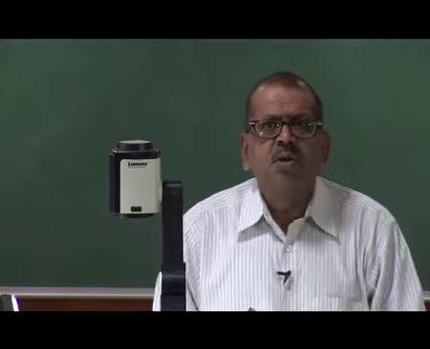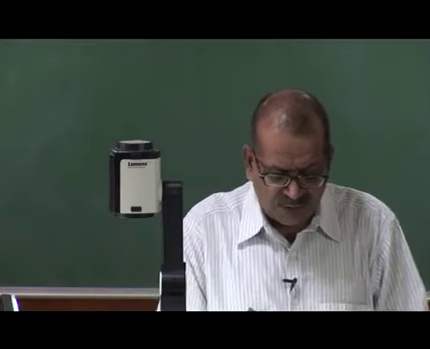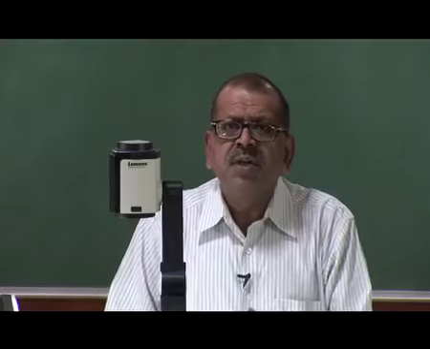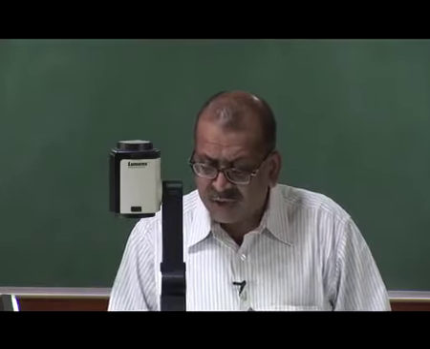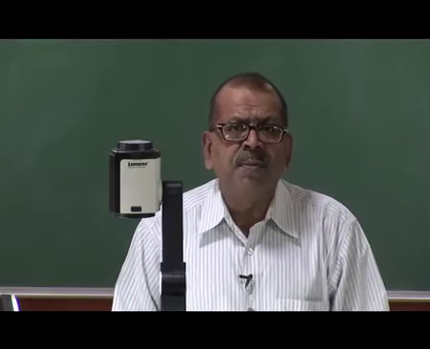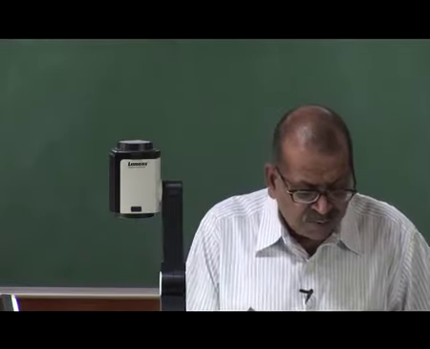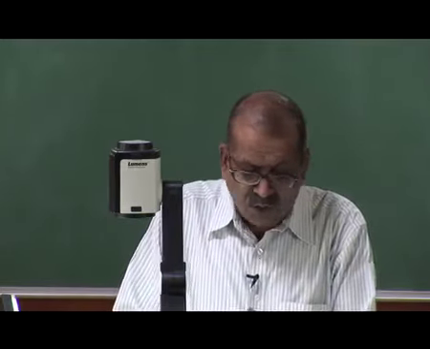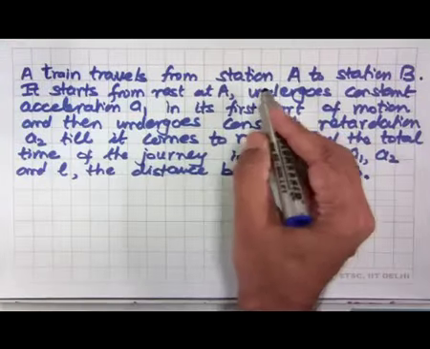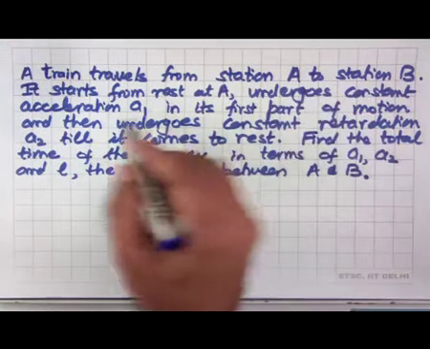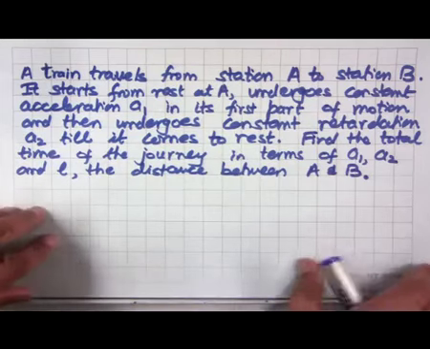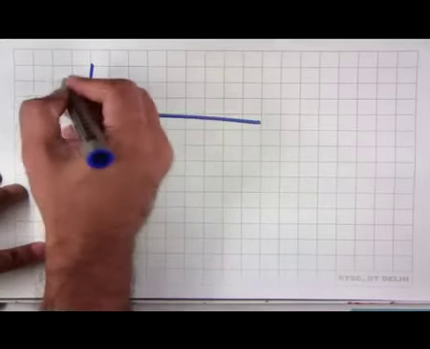Let us now solve this problem using a graphical approach. In a graphical approach, given the variables which are given to us, we try to plot them and then see if we can find the quantities of interest. In this problem it is given to us that the train travels and its acceleration is given during the duration of its journey. So, if I look at the acceleration and plot it as a function of time,